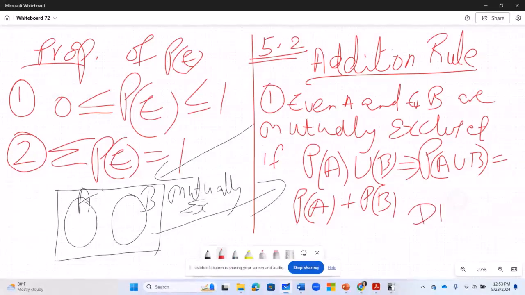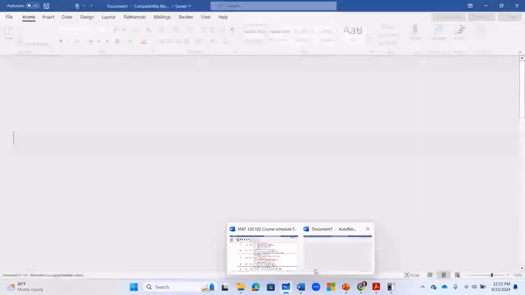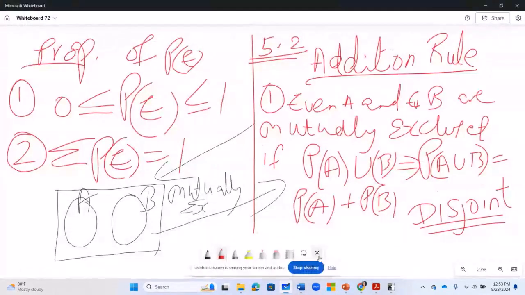If two events are mutually exclusive, they are disjoint. Another name for mutually exclusive. So this is rule number one. There is no intersection. Even if somebody creates an intersection, I'm going to get this off. Even if somebody creates an intersection, the intersection,